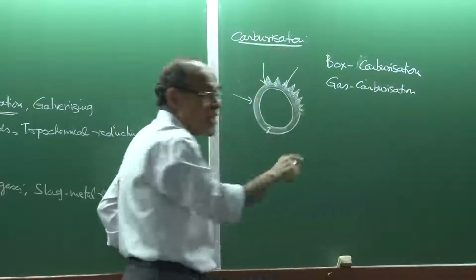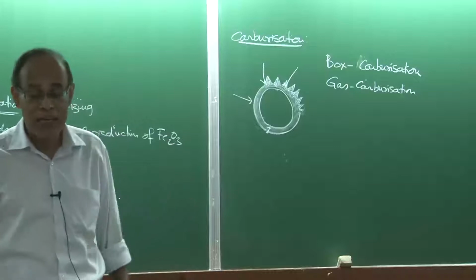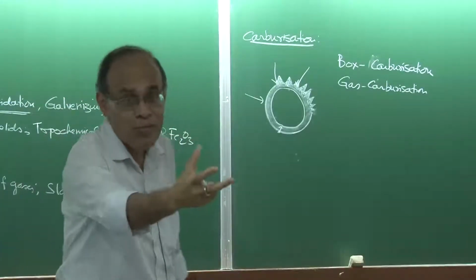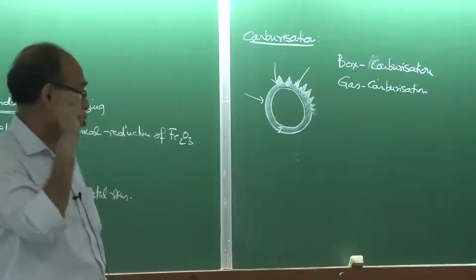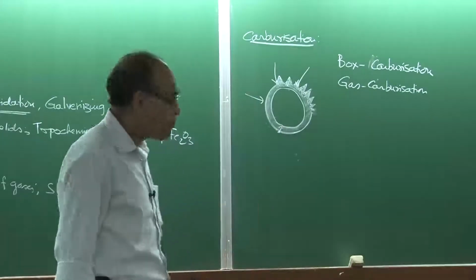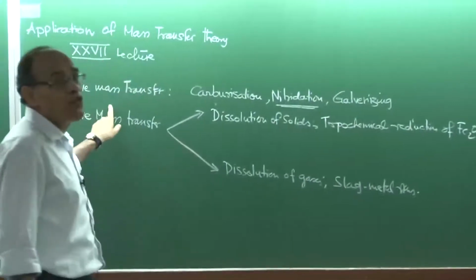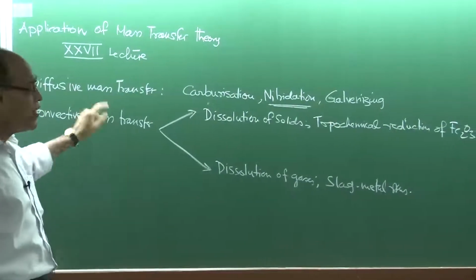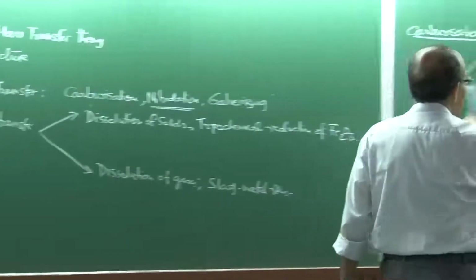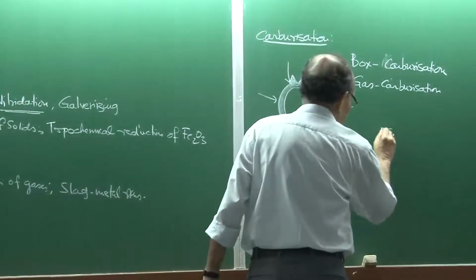So I hope you are able to see the problem in industry: I will give you everything and I will tell you that, look, you give me the time at which I should take out the sample, and it should give me exactly the desired amount of case depth. And this can be done with the help of the diffusive mass transfer theories that we have studied so far. Now, box carburization basically will be, you take the sample, could be a rectangular sample,